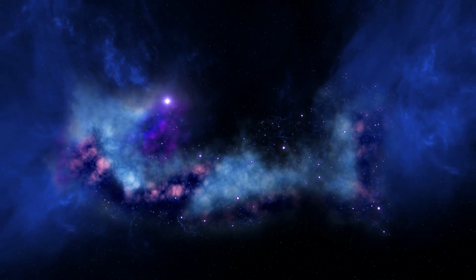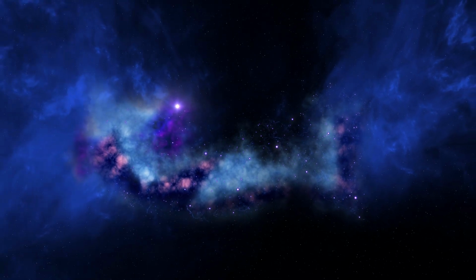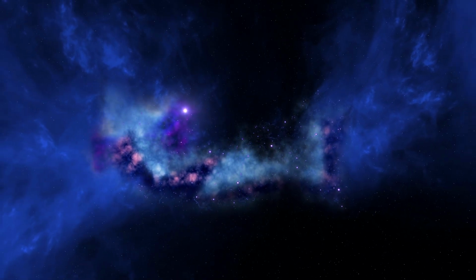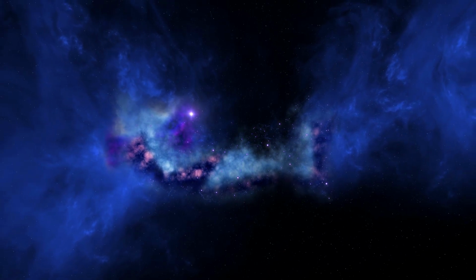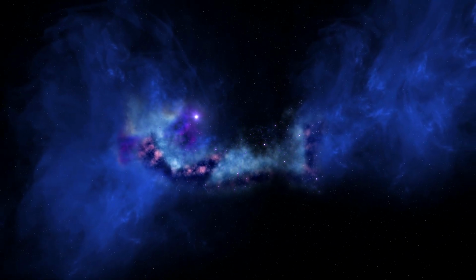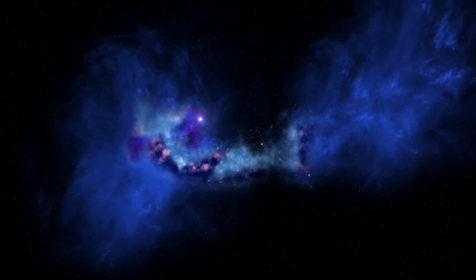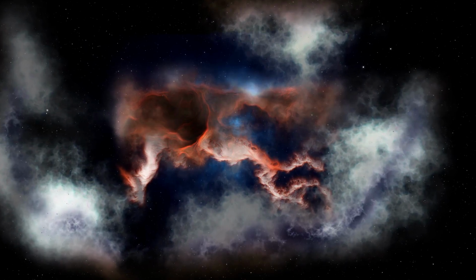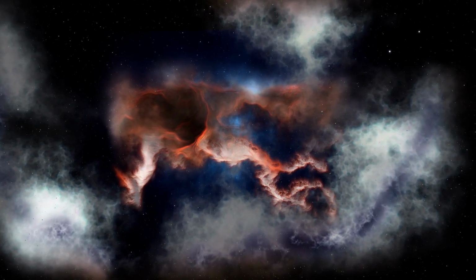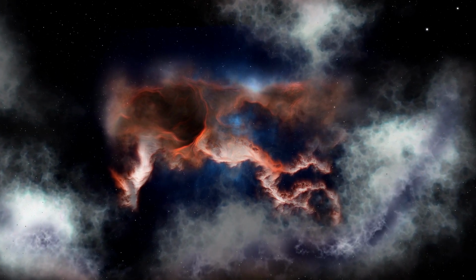One of the most famous examples of a nebula is the Orion Nebula, which is located in the constellation Orion. This is a massive, bright emission nebula that is visible to the naked eye and is one of the closest stellar nurseries to Earth. It is home to many young stars and protoplanetary disks, which are the building blocks of